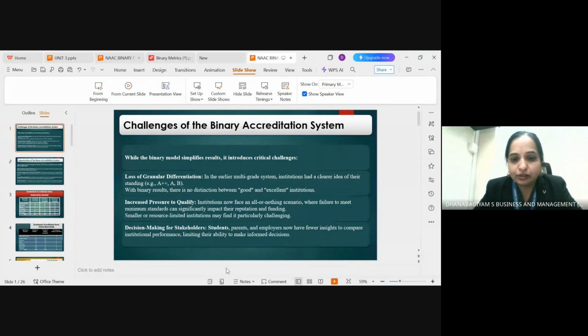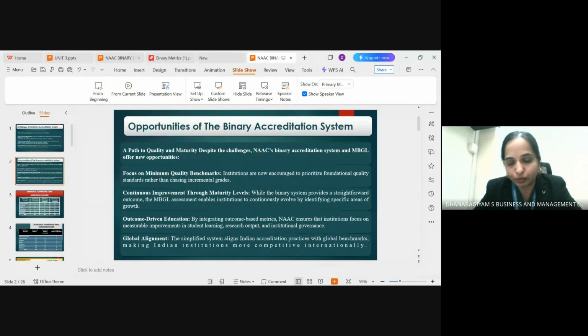Today we will see the important highlights about the binary accreditation system, and the procedures we are supposed to carry forward when we go through the NAAC process. Binary accreditation is basically similar to the earlier NAAC process. But earlier we used to have 7 criteria, whereas in binary accreditation we have around 10 attributes. This is a basic difference we are supposed to understand.